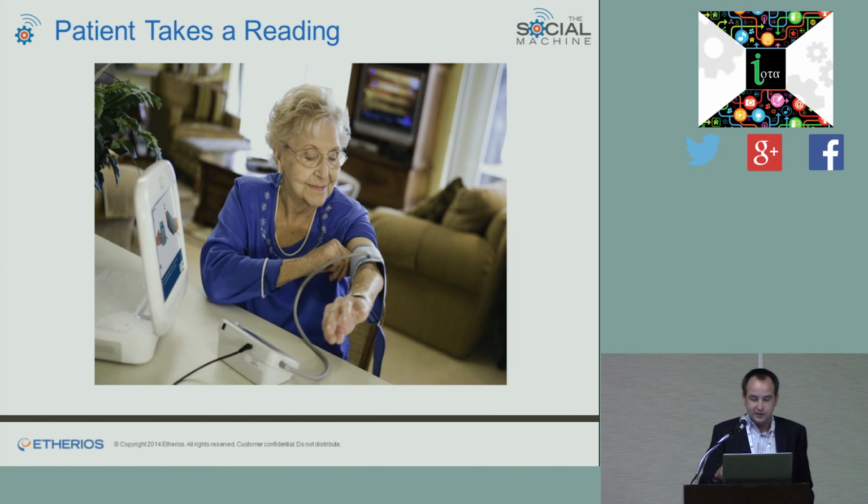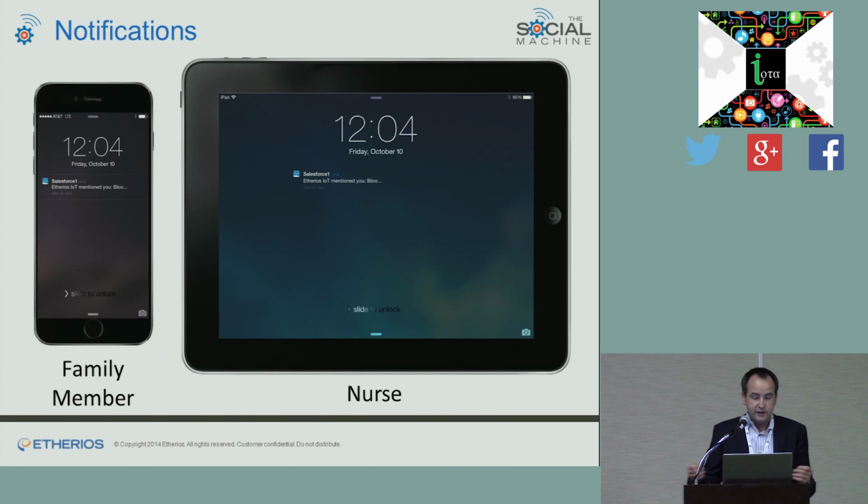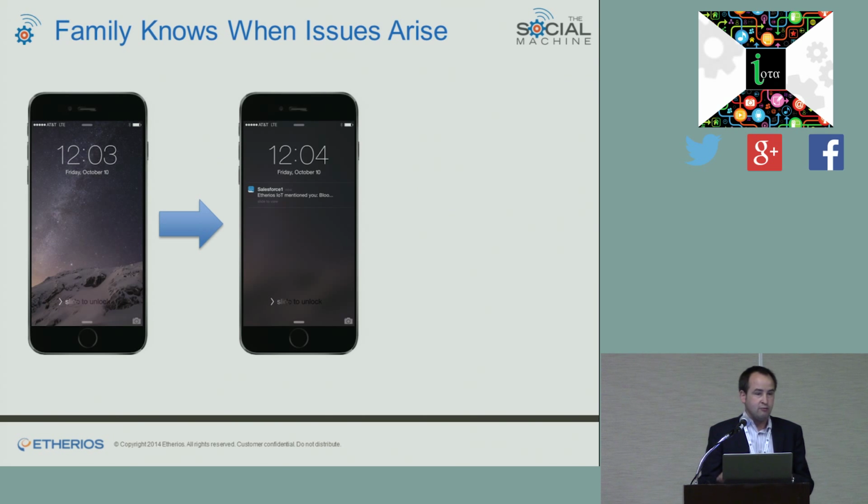And so now Oscar, although I couldn't find a good picture of an Oscar, so we have a Mary instead, she can take that reading, and what's great is that you can get those notifications. And where those really are the big benefit is for people like the family members and nurses. If we were doing the live demo, you'd get your automatic notification. For a family member, this is great because they can be anywhere, going about their day, and getting that information